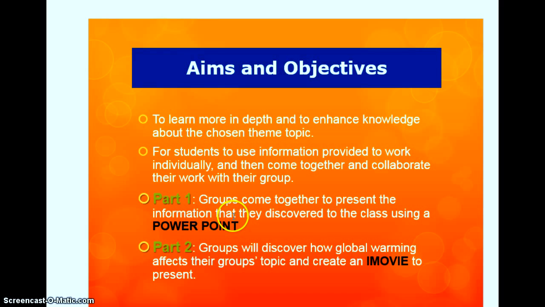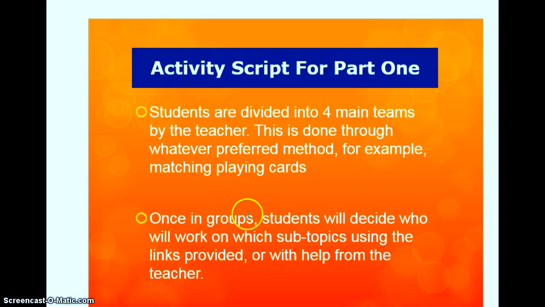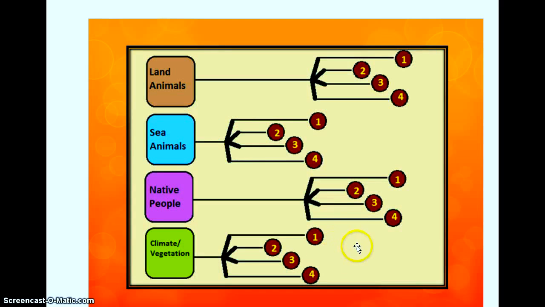We've already learned how to use PowerPoint, and they just need to find this information in order to make a presentation later on. Students are divided into 4 main teams by the teacher, and it can be done whatever way you want. Once in groups, students decide which subtopics they want to work on. We're going to give them main topics. This is an example of something we have laid out, just really simple. The main topics could be land animals, sea animals, native people, climate, vegetation. Students branch out